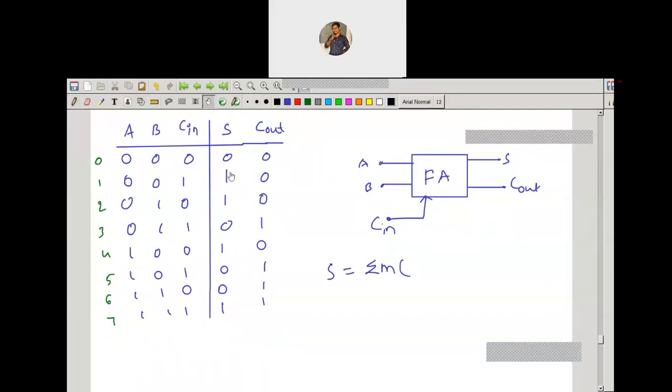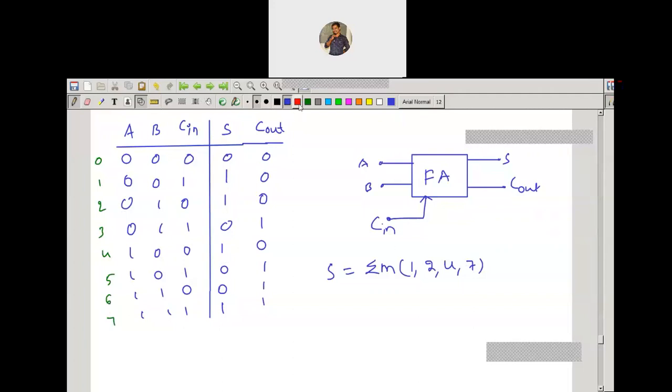You can observe here it is logic 1 for minterm 1, minterm 2, minterm 4, and minterm 7. So 1, 2, 4, 7 are the minterms for the sum expression.